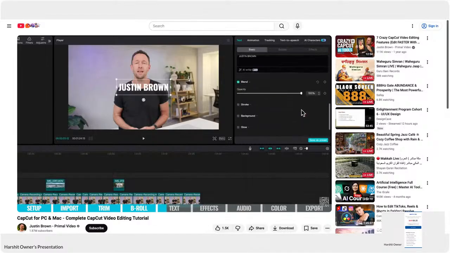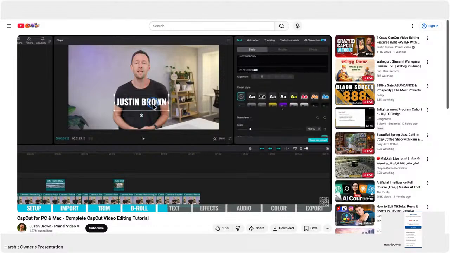We can change the colors. We can customize this up. There's a bunch of presets and things in here that we can use as well. But we can also pick it up. We can move it around. We can scale it up and down all quite easily from here. So that's basic text, but we can also add animation to that basic text under the animation tab up the